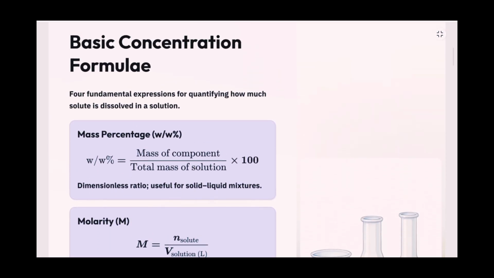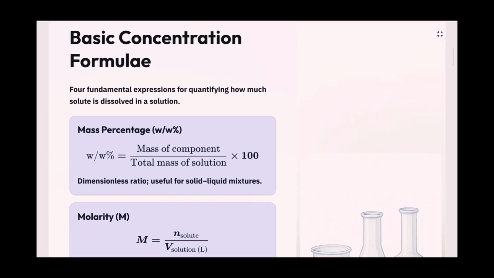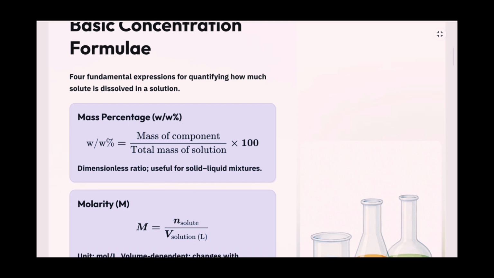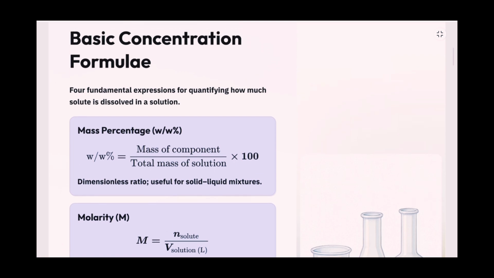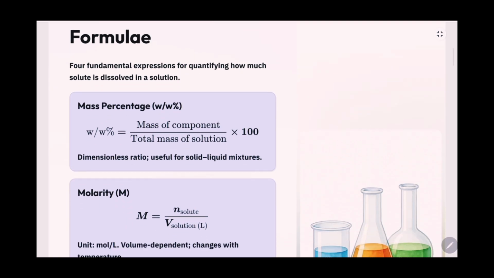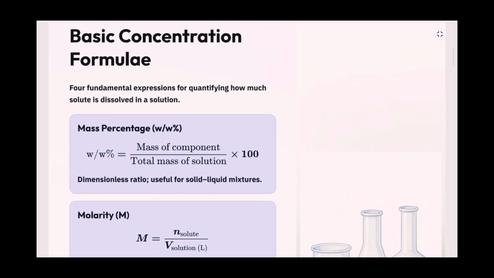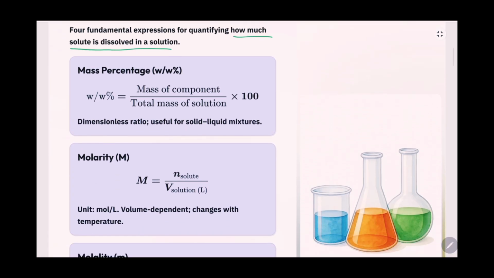After this, we come to basic concentration formulae, which we can discuss. How do you express the concentration of the solutions? The meaning of the word concentration is how much solute is dissolved in a solution. So the first formula is mass percent, which is quite simple, where you talk about how much solute is there in the solution. For example, you have a 2%